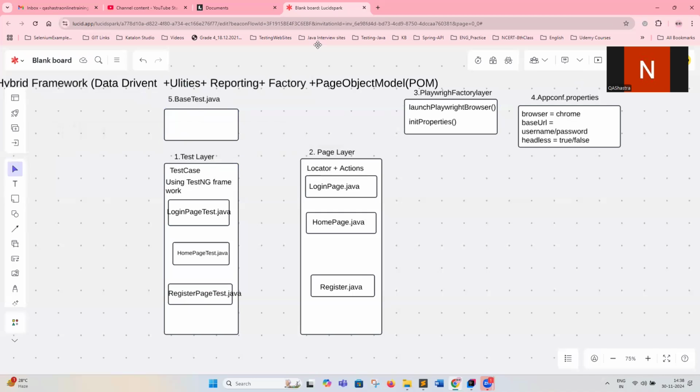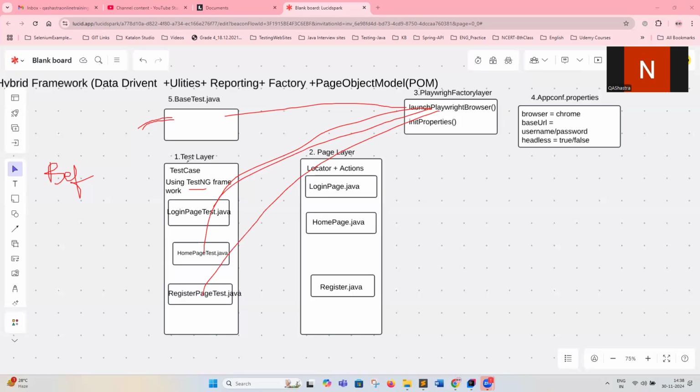We learned TestNG annotations like before method, before test, before suite and before class. Every test case requires some prerequisites, some preconditions, for example launching the browser. If we don't want to write this code in each and every test case, since this code is repeatable,